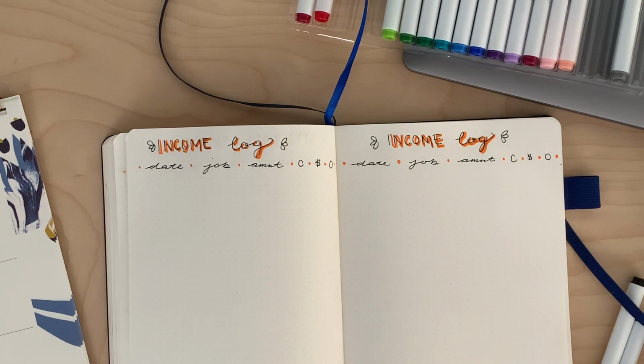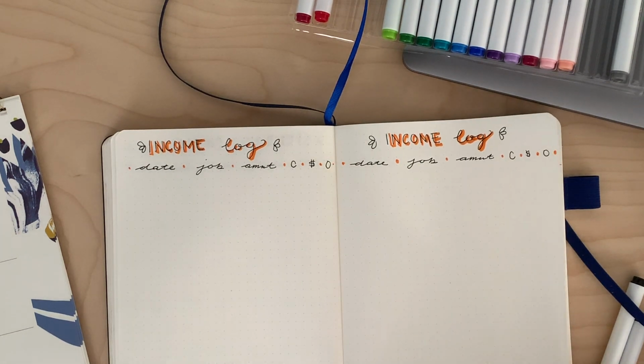I could incorporate that for next month. We'll see how it goes. I'll look up some inspiration for some other logs that I could do, and who knows, that could be something I would do. But right now we're sticking with this, and we're just going to go into